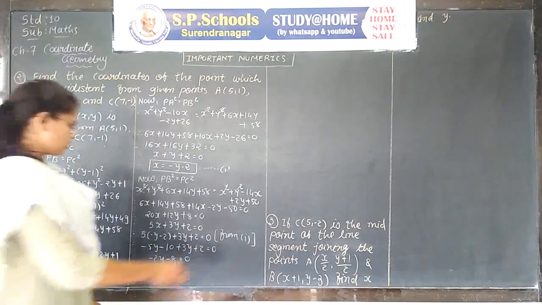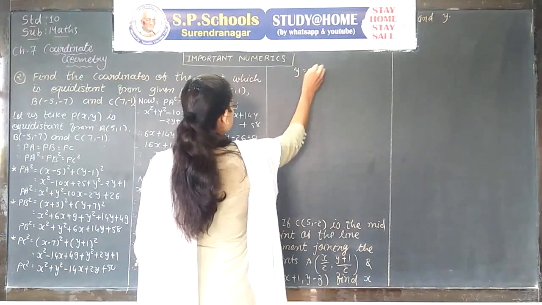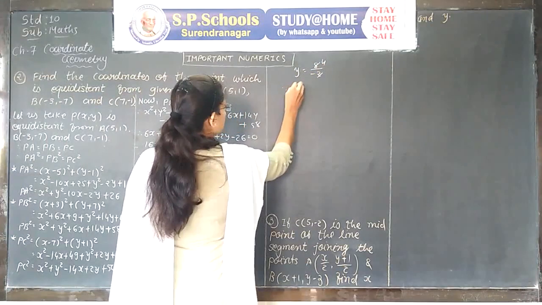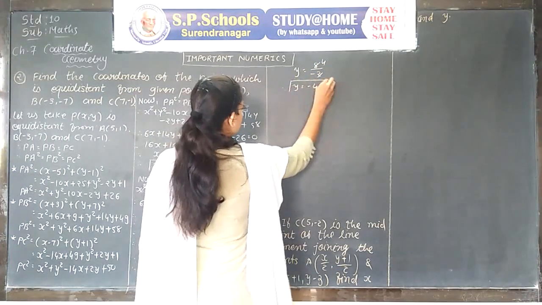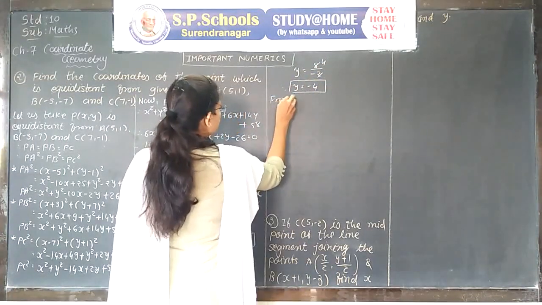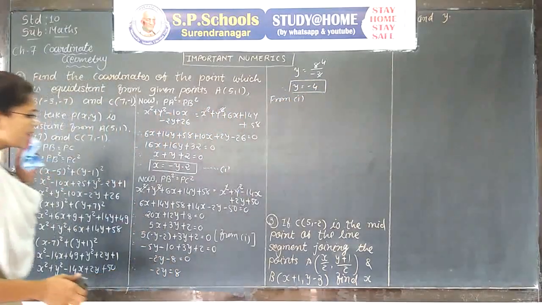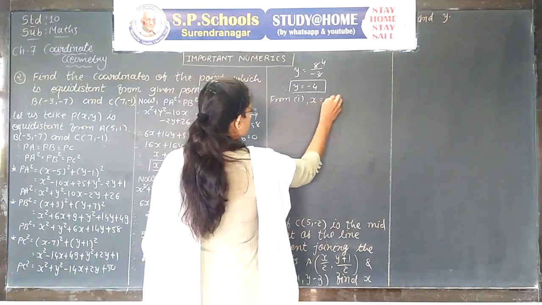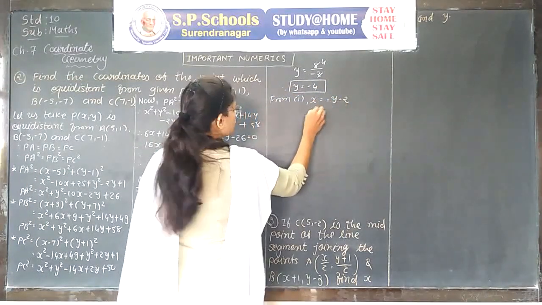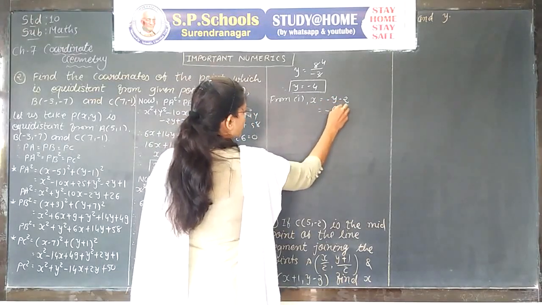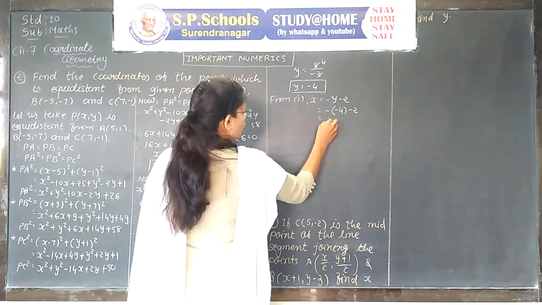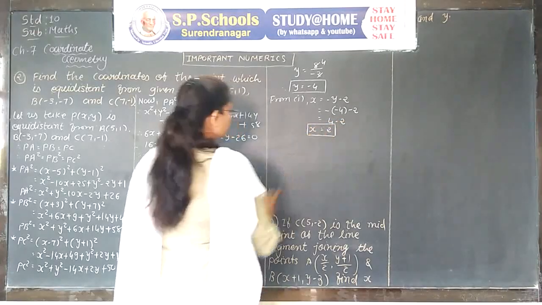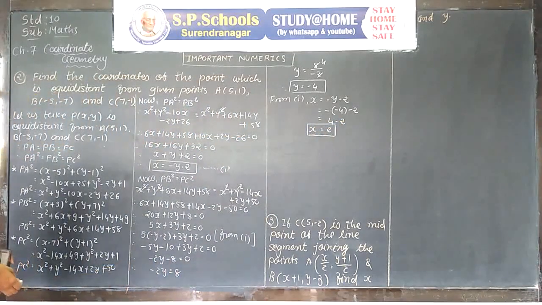We make y the subject. That's why y is equal to 8 upon minus 2. 2 fours are 8. That's why y is equal to minus 4. Now we substitute this value in the first equation. x is equal to minus y minus 2. Minus, instead of y, minus 4, minus 2. 4 minus 2 is equal to 2. x is equal to 2. Hence, the values of x and y are obtained.